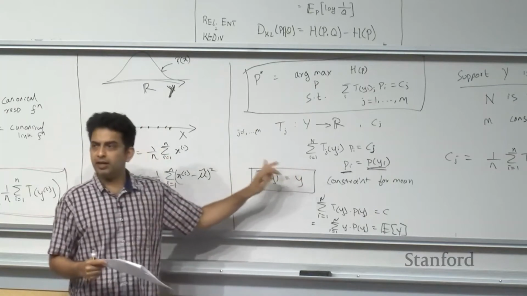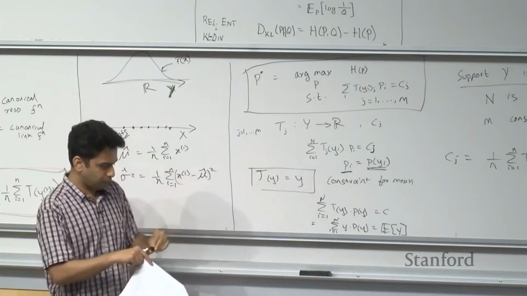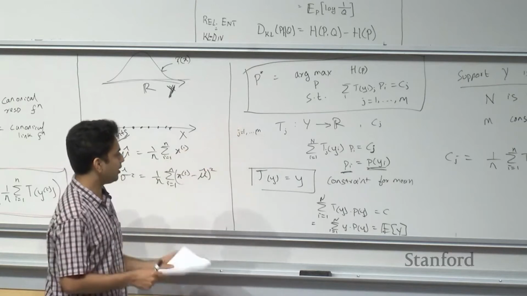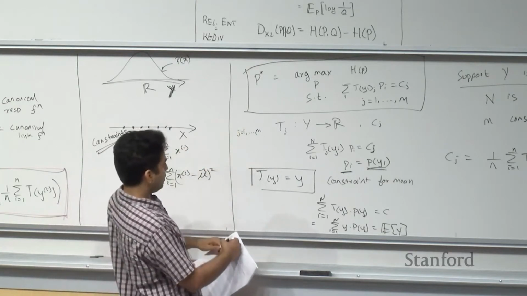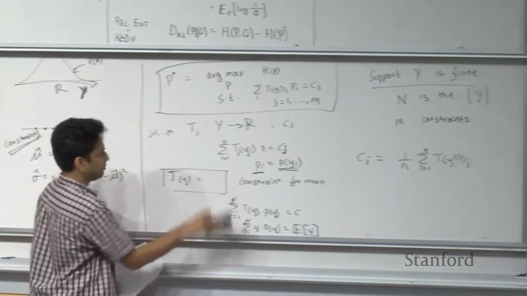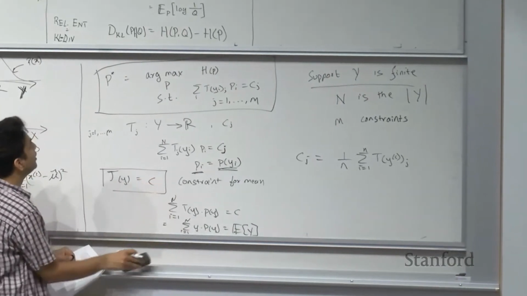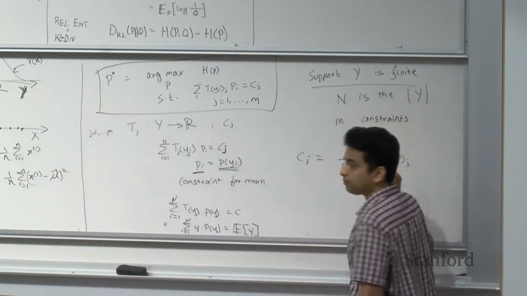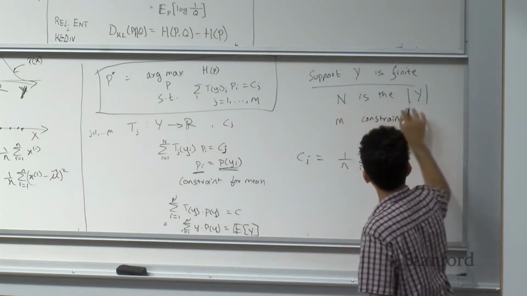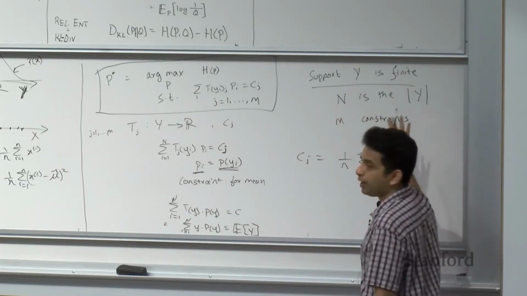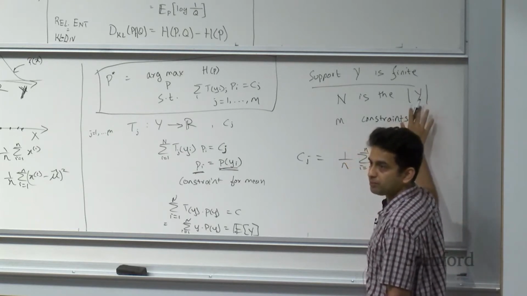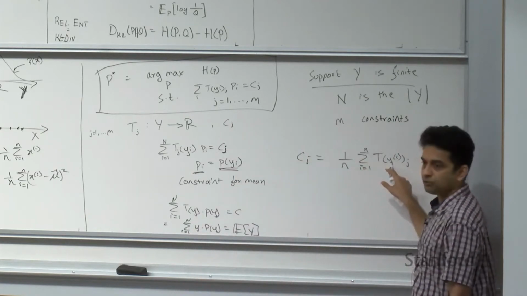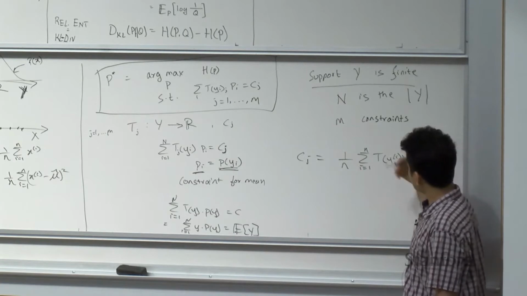All right. Any questions on this? Let me repeat it, there were a few typos, so that everything is clear. We assume that y has finite support, which means N is the cardinality of script y, and our probability distributions are assigned over this space. Now we are given some observations, small n observations of yi's, and out of these observations we can